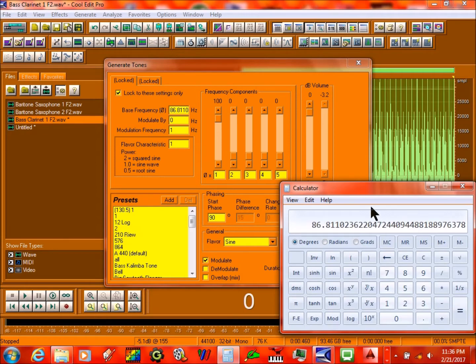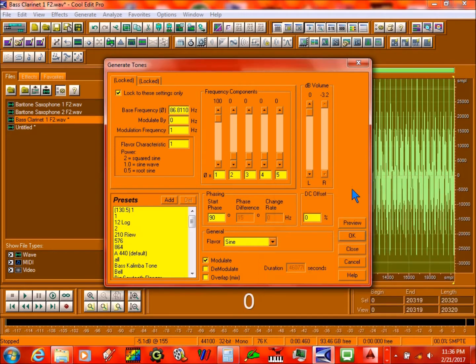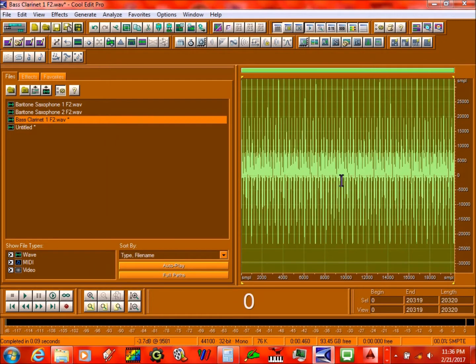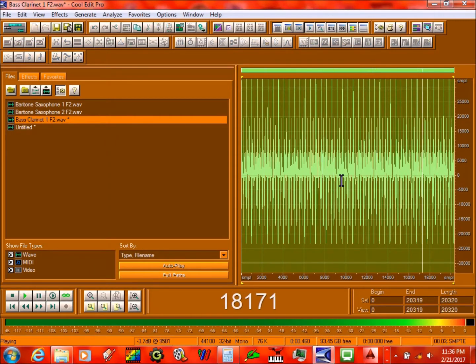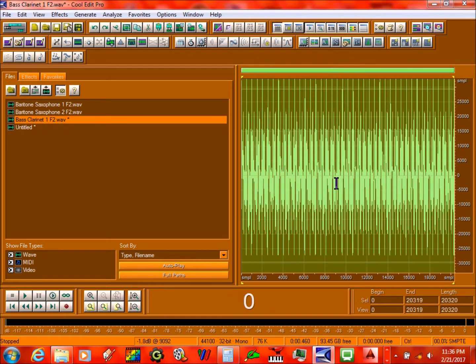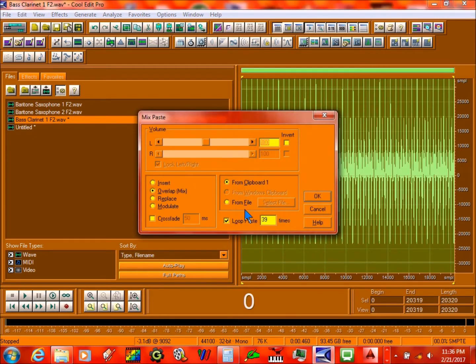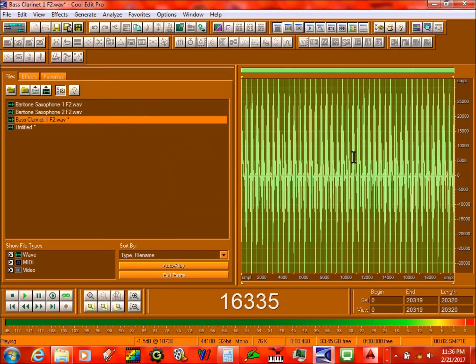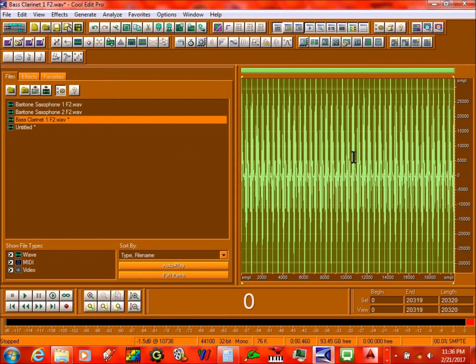Now I've already done it, so I need to do it again. So now I press OK, and now it sounds like this. So what you do is, now that you got these points, you undo by holding Control and press Z, and then you copy it, and then Control and press Y, and then you paste it like this. I did mix paste, which is the Control Shift V. And now this time turn off loop paste and press OK. And that's how you get that done, but it's not done yet because we have to go to this filter